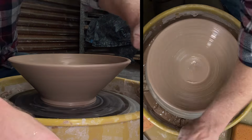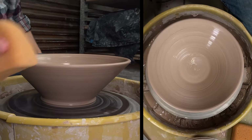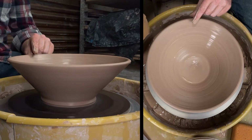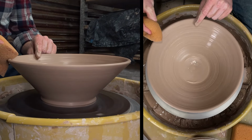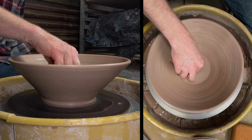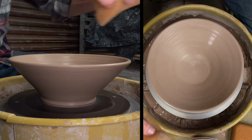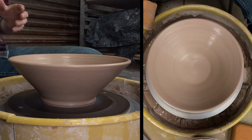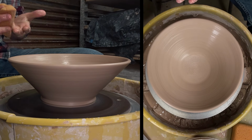And now I'm going to clean off any excess water around that foot and off the bat, because I won't be able to get back under there very easily after I lay this down some more. So if this is as wide and as shallow as you want it to go, you're already there. But if you want to go wider and more shallow, then this is where another video I made comes into